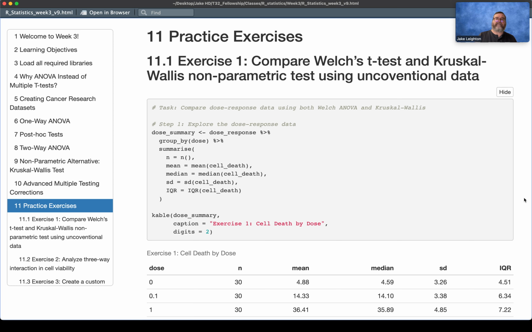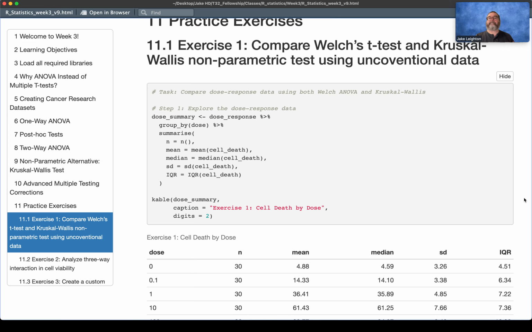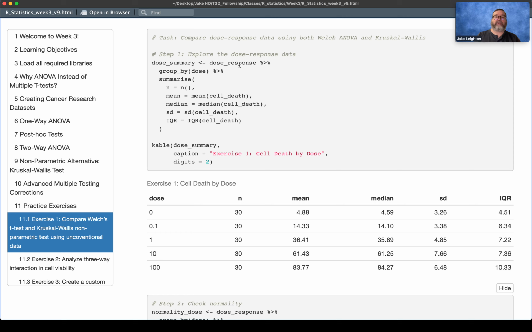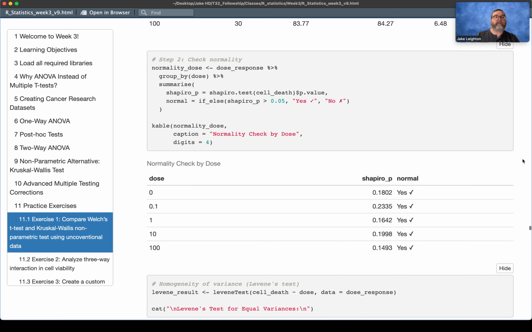Now we're just going to run through a few practice exercises to get some reps here. So for the first one, we're going to use some unconventional data, and we're going to try to decide whether Welch's test or the Kruskal-Wallis works better for this data. What I'm basically going to do is use the dose response data we used earlier, and I'll group by dose. So for each dose, we see differences in response here, the cell death response,